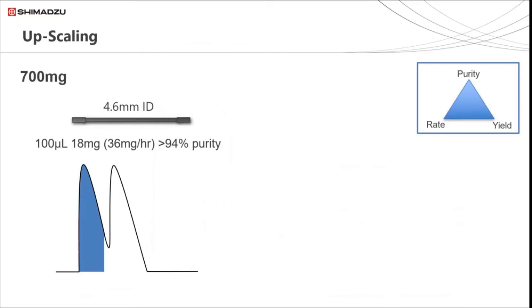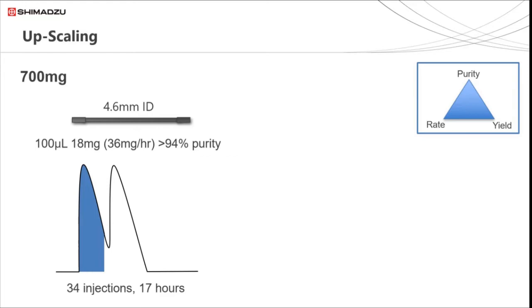If we were to carry out our LC purification on this analytical scale column, at this loading, we'd be looking at 34 injections and 17 hours to hit our 700 milligram target. We would have the purity we require and a yield which is good for a small column, but the rate is very poor. We should therefore scale up to a larger ID column, but one of the same length, phase